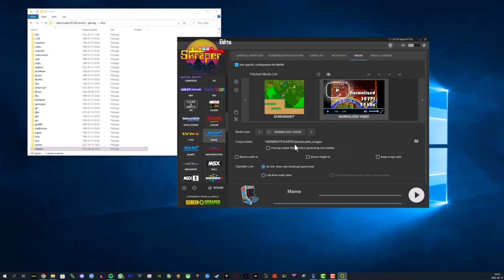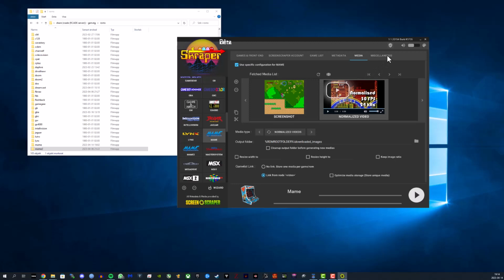But what we also need to do here is to also click this link from node, and it changes over to video. Because if we don't do that, it will scrape the videos, but it will only display the screenshots if you don't have link from node checked here for both options. Okay, so we're done here,